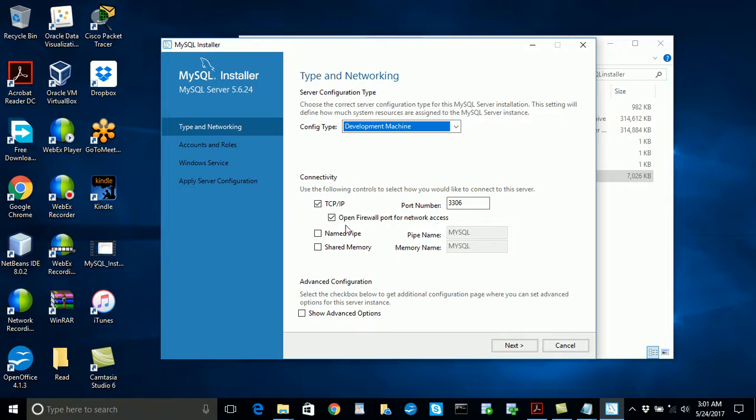So now you are saying open firewall port for network access. That shows that even if you have a firewall, probably your Windows firewall or some other firewall in your environment, what you are saying here is that this port should be allowed to go through the firewall. Then the pipe name and the shared memory name are not enabled here because I don't actually need those things for now. But if I need it, I can